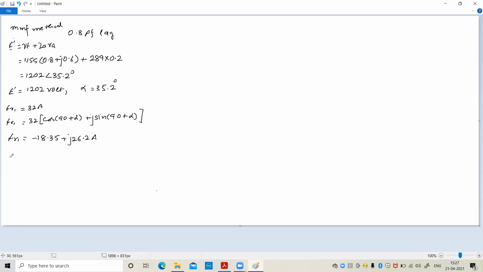Now what is next? Next step is to find FA plus FAL. That is the field current required to circulate full load short circuit armature current. Okay, so from the graph,